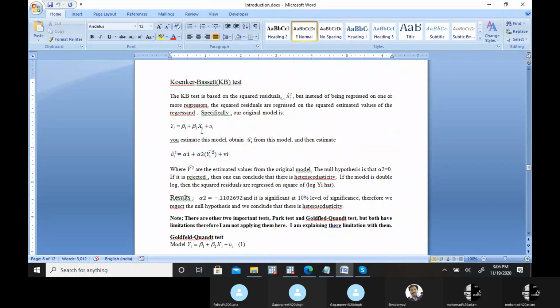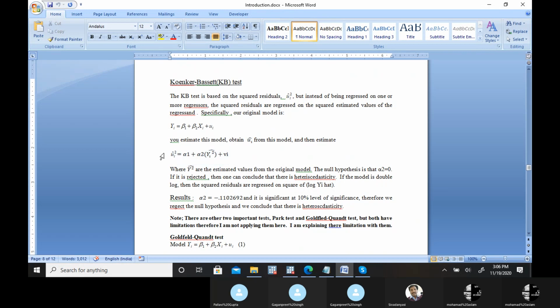the thing is that in place of all the independent variables, why not we try to look at this U hat square regression with Y hat square. Means directly we can see this. Now this Y hat includes all the X, right? If I give you this example, let's try to understand what we are doing here.